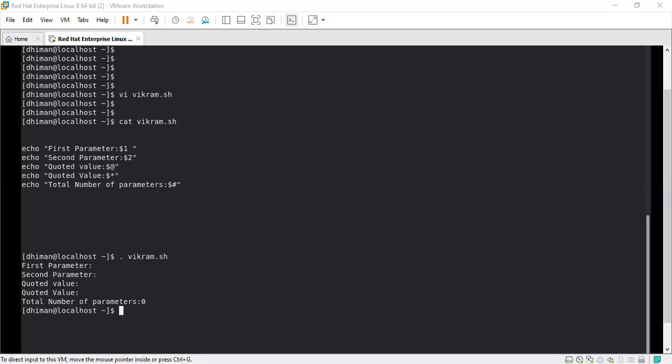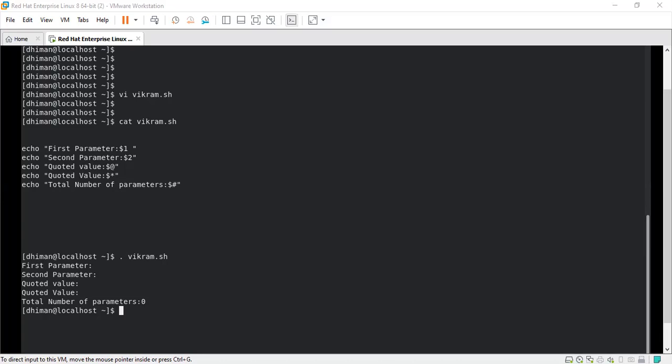So talking about the variables and the descriptions that we have: dollar hash is talking about the number of arguments supplied to the script, right? Dollar star is talking about all the arguments being double quoted, and if the script received 2 arguments, dollar star is equivalent to $1 or $2.